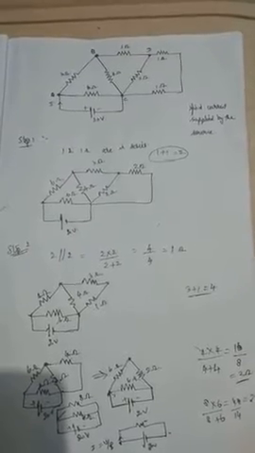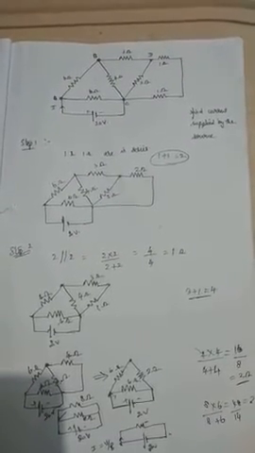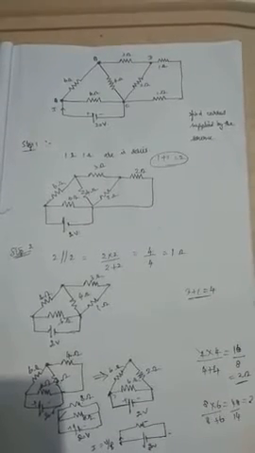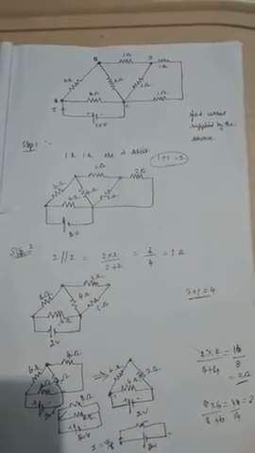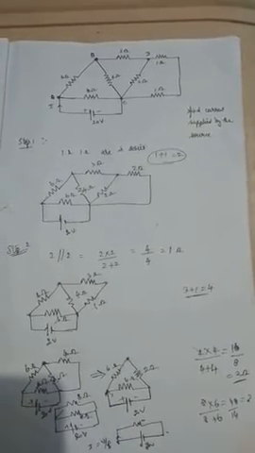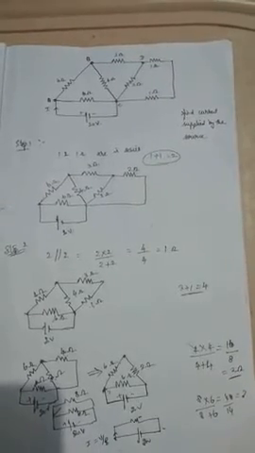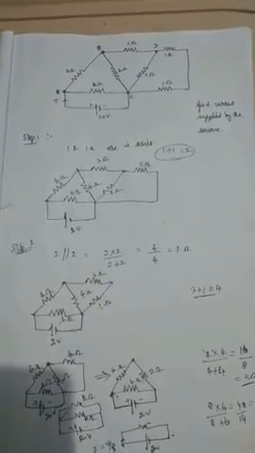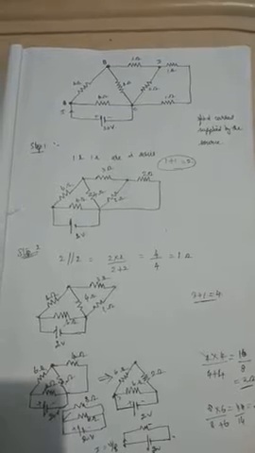While we are going to reduce the value of resistance, first we have to start from the last part of the resistance. In this problem there are 7 resistances, and the 1 ohm and 1 ohm, which are in the last part of the diagram, come first. So first we have to reduce those resistances, and then reduce one by one. Finally we will get the total resistance value.